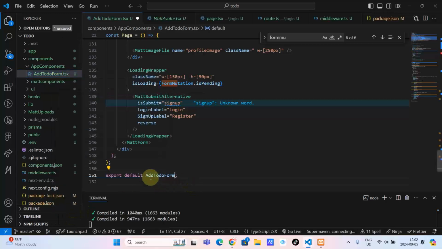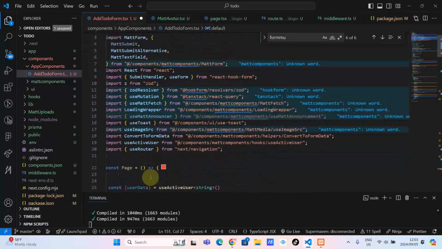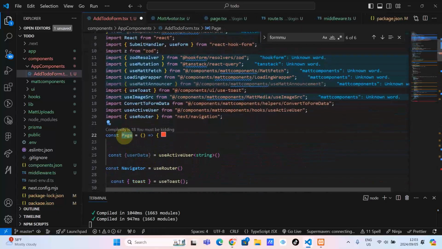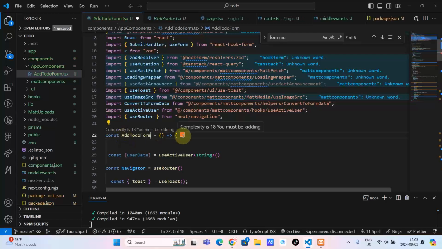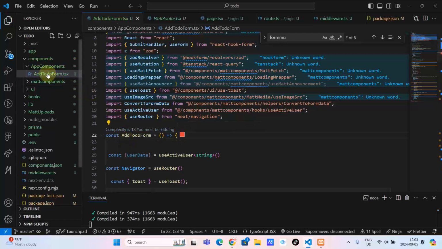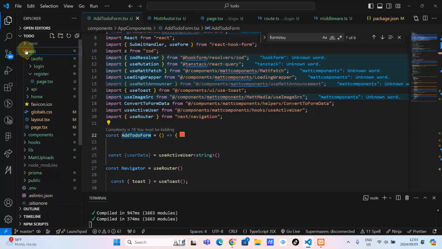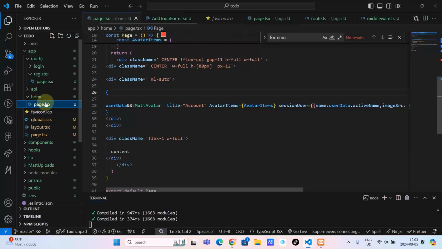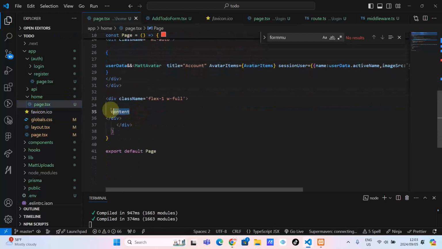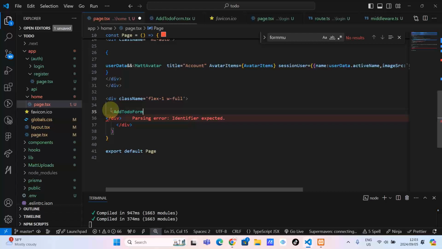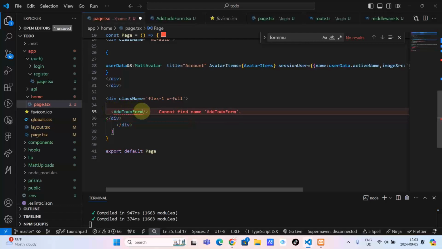Instead of exporting a page, I export a to do form. Because we are using met form from met component, things are supposed to be easy. And then we are going to import this to do form where? On home. Where is home? Okay, let's see, we are going to import this app. Where is home? Home. My apologies about this. Okay, and then on the content section, we are going to import this form, and then let's import it,